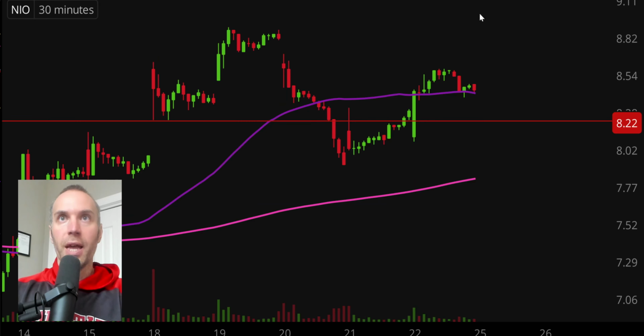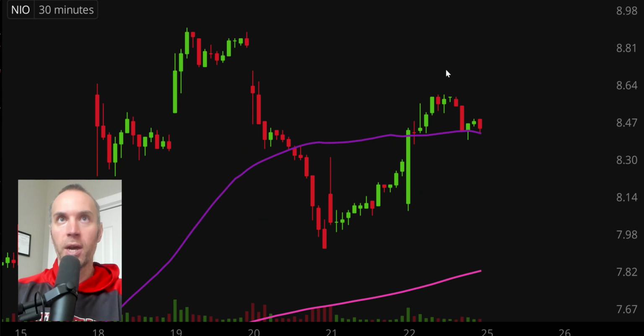Next one here, ticker symbol NIO, and finally got some good clearance above that red line, which I talked about in the previous video. So I'm going to go ahead and call that good and call it officially broken. So we'll get that out of the way. In terms of levels of resistance to watch moving into next week,